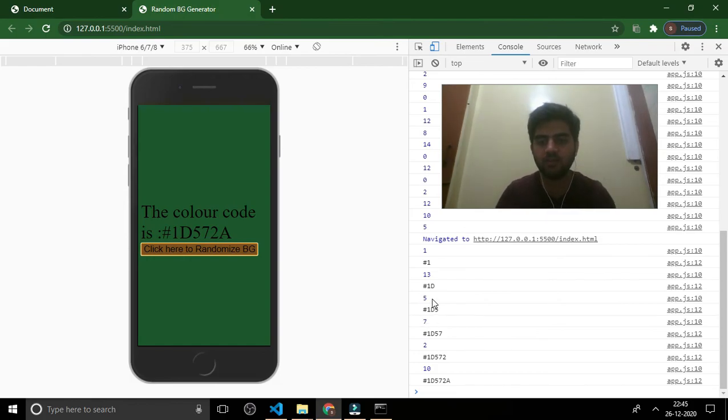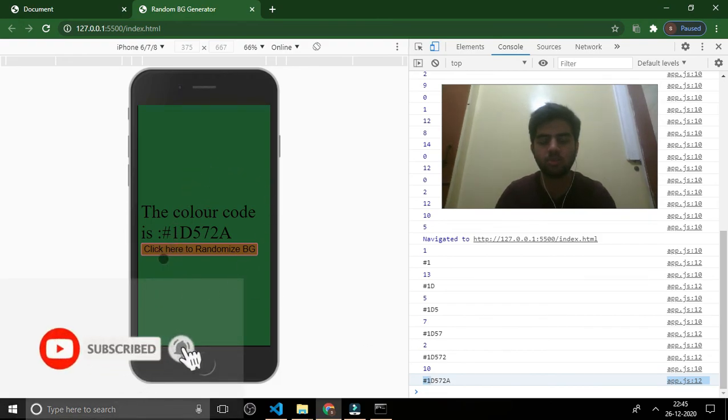Now 5 is generated, concatenated to hashtag 1D. 7 is generated, concatenated to 1D5, then 7. 2 is generated, concatenated to 1D57, then 2. Similarly 10 is equivalent to A in that array. So A is concatenated, and these make a color somewhat equivalent to dark green, which is present on the screen.